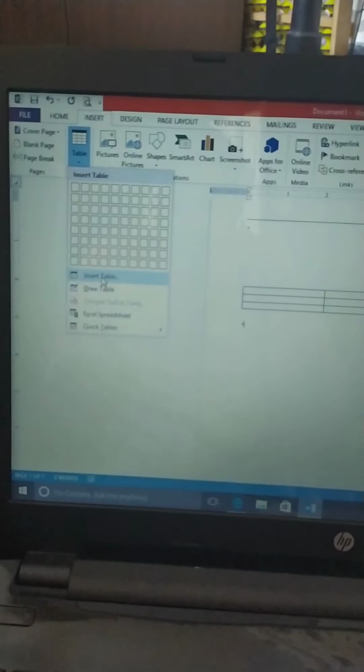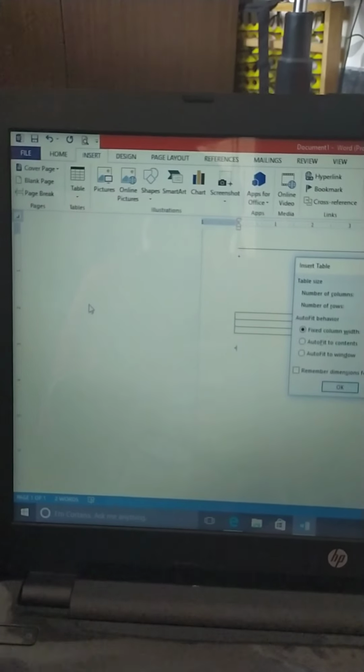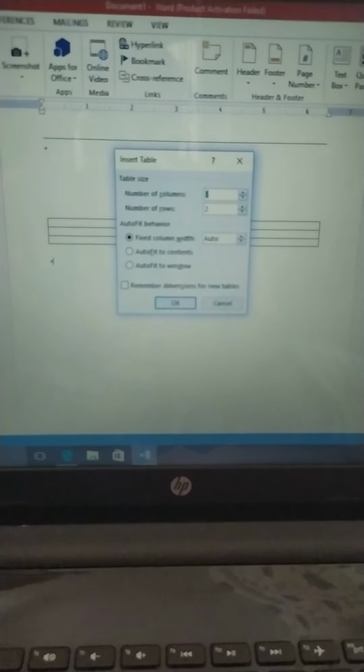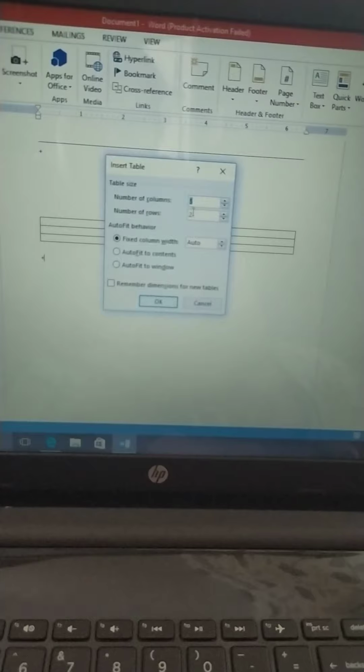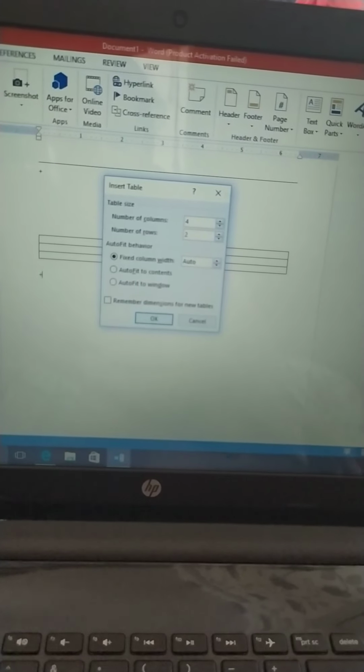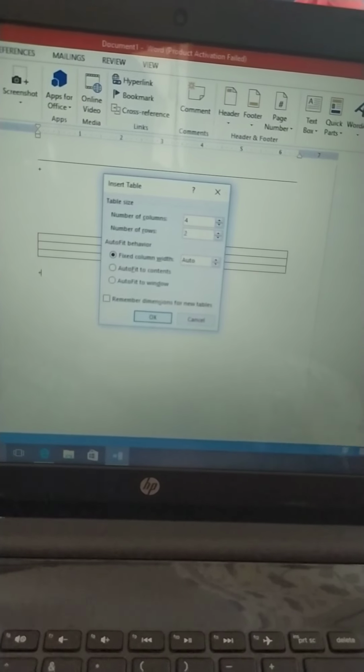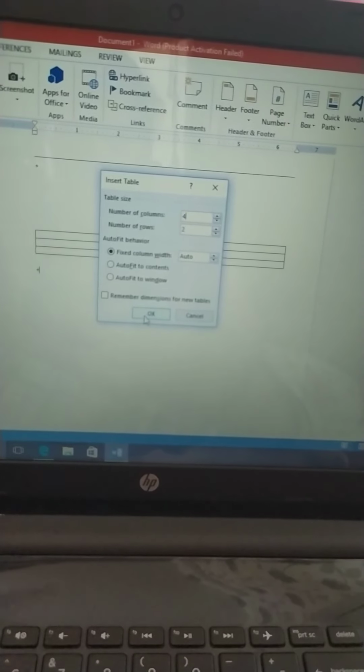This is the insert table option. Click on it. This window will come. Over here, we can select the number of columns, suppose 4, and number of rows, suppose 2, and click OK. See, our table will be created.